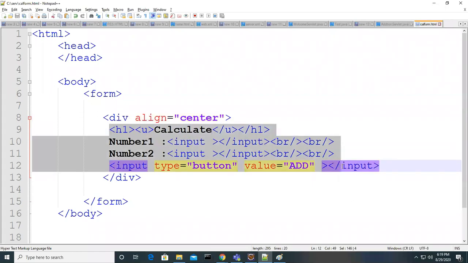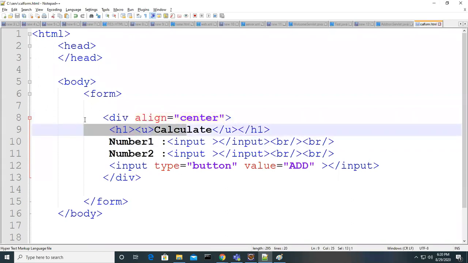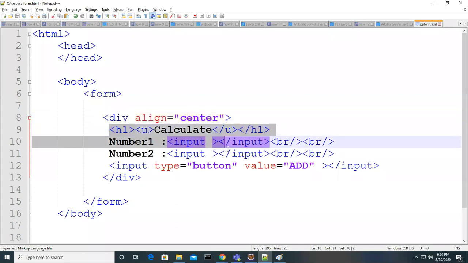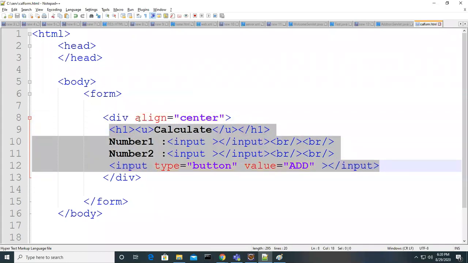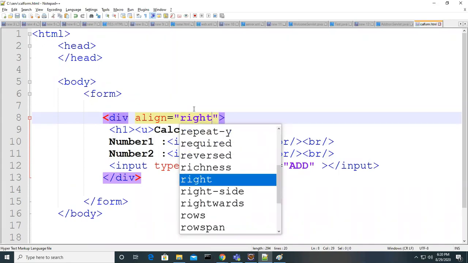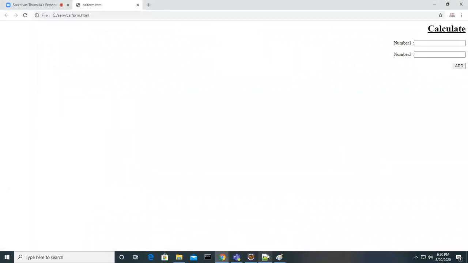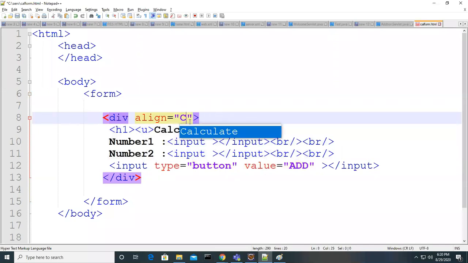Inside the division tag, I added all these fields, and for this division tag, I added one attribute called align, and I gave the value center. You can give left or right also. If you give right, it will come on the right side. It came on the right side. So like this, you can align. There are a lot of other things you can do there, but this is the basic stuff we are trying to understand here.